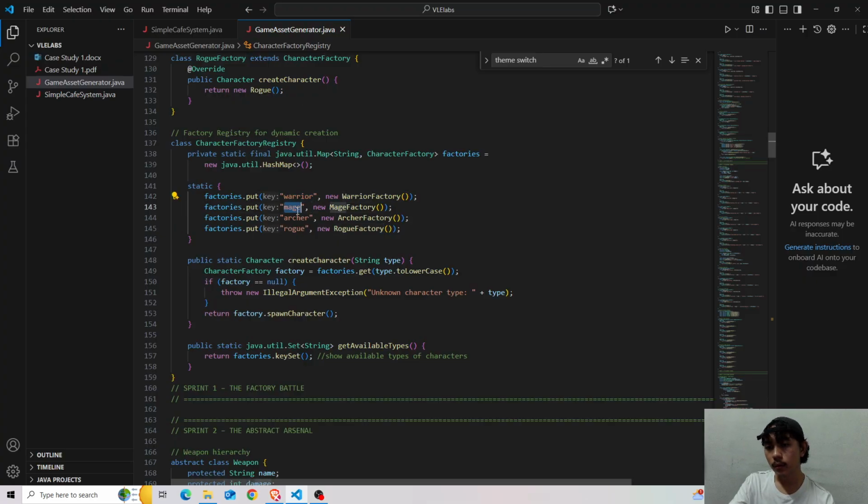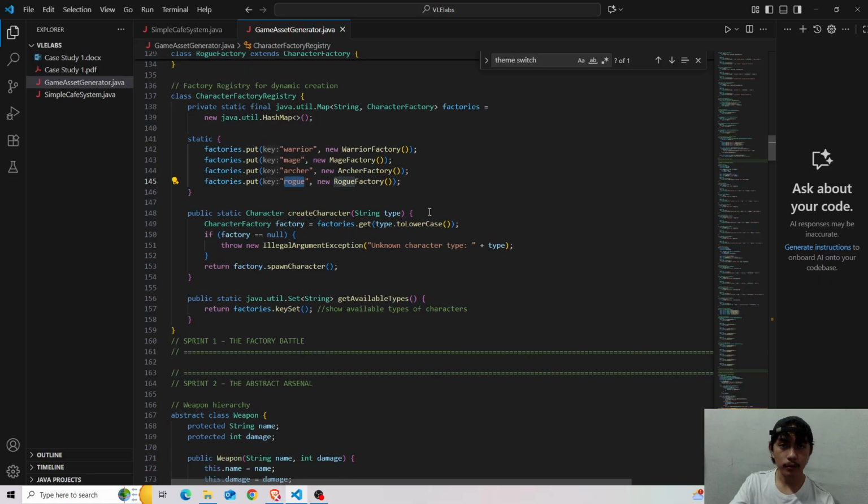So we have here the mage, archer, and the rogue. These are the available types that will be seen by the client, in which we have assigned to each character factory, right?